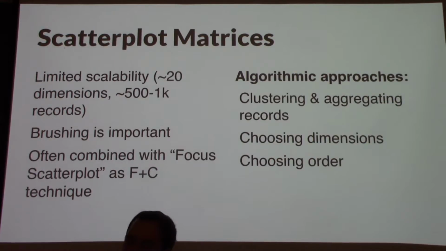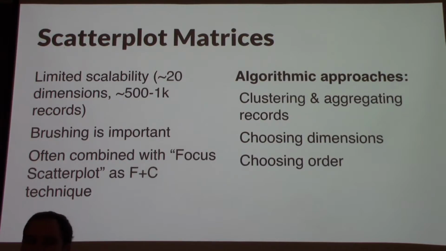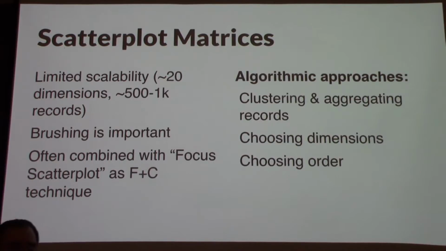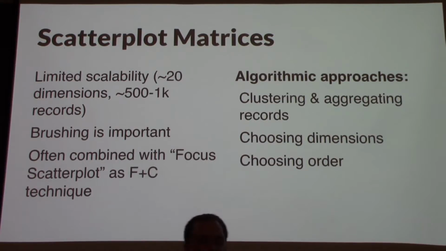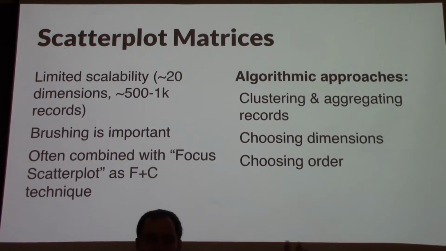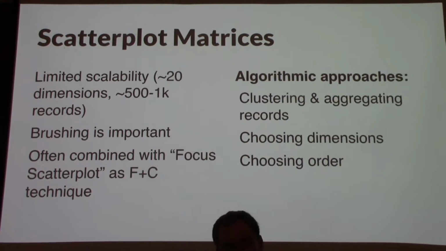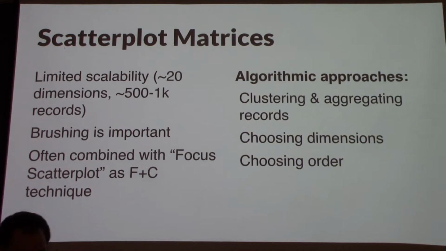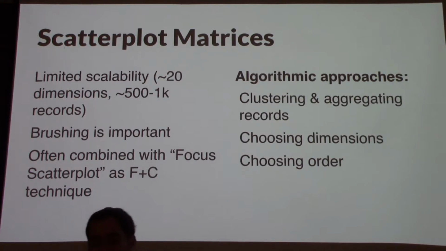Scatterplot matrices are very efficient. If you go through them and pay attention, they can tell you a lot, and they are a very accurate representation, and you can see all of the patterns that are in the data set. But they have limited scalability. You're essentially stuck after roughly 20 dimensions, because then suddenly you have these big matrices and it's really hard to go through all of them. In terms of records, you can probably do about 500 to 1,000 records without having to resort to things like binning or aggregation. And so brushing is really important to see any